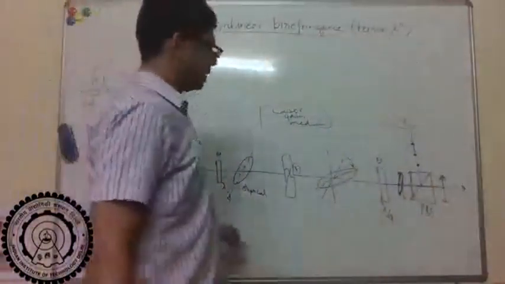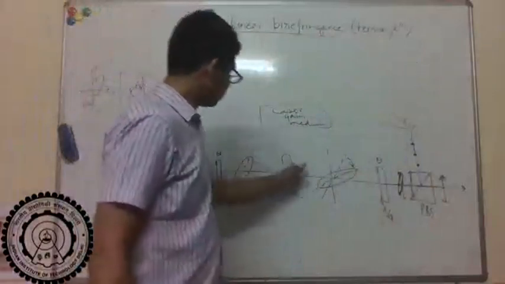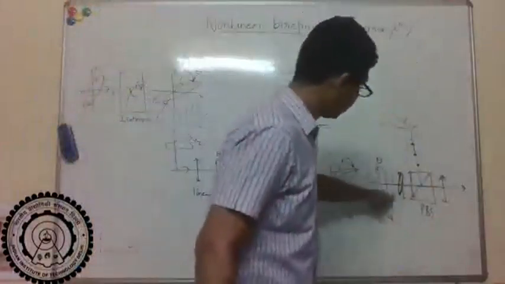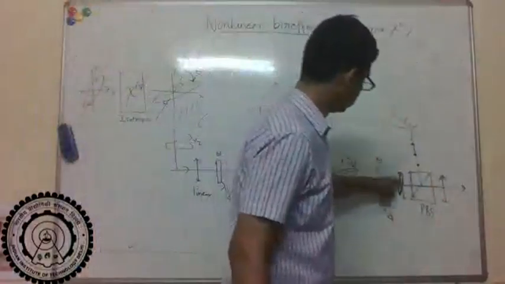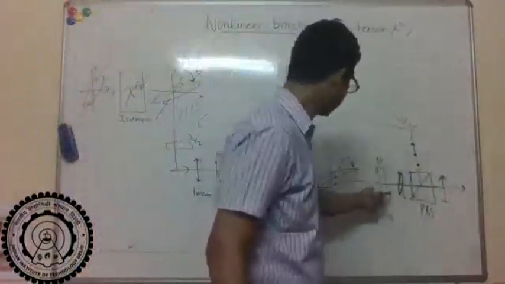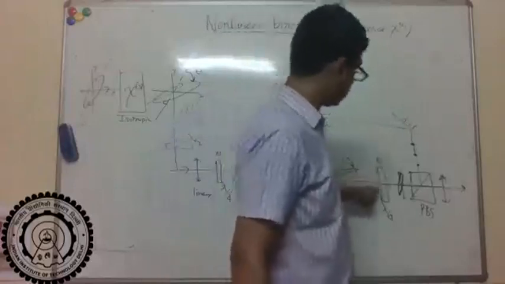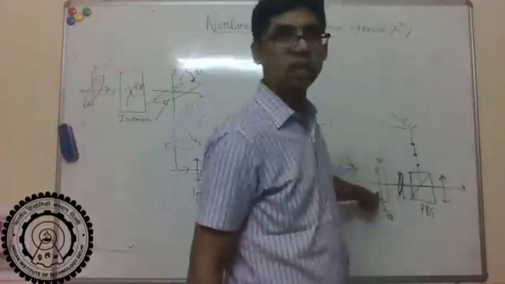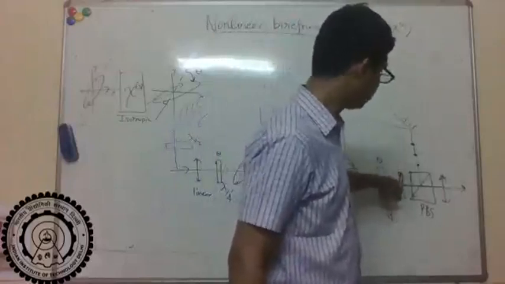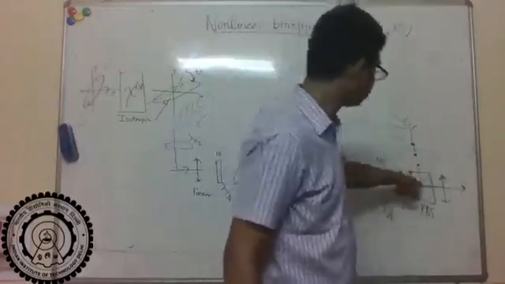Right? But now let's say the intensity is higher. If the intensity is higher, then this ellipse will have some rotation because of the nonlinearity. So when it rotates, now the second quarter wave plate is not recovering the polarization back to linear, right? Because this was set for the ellipse at that angle, but now it's rotated. So the polarization after the second quarter wave plate will not be linear. It will have, let's say, some small ellipticity to it. Equivalently, there will be the orthogonal polarization component, right? So you'll get some reflection here,